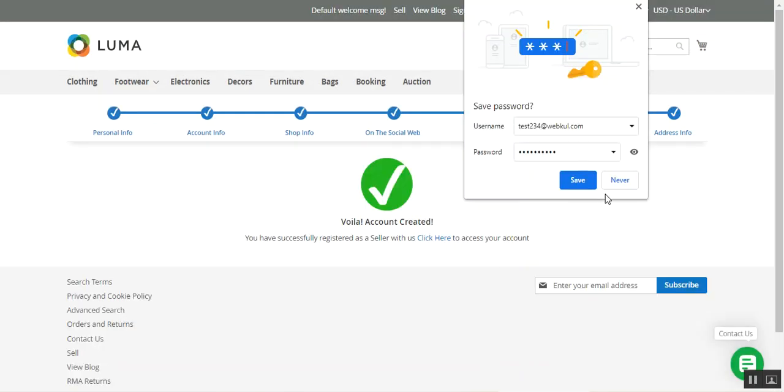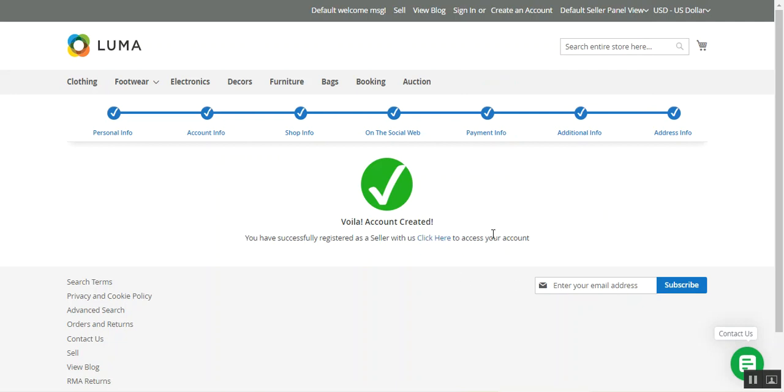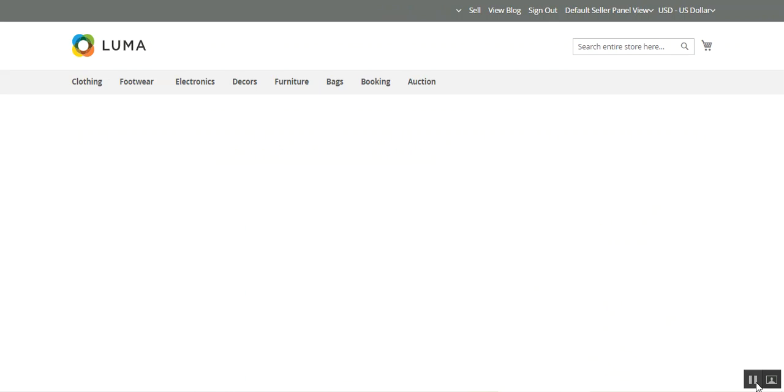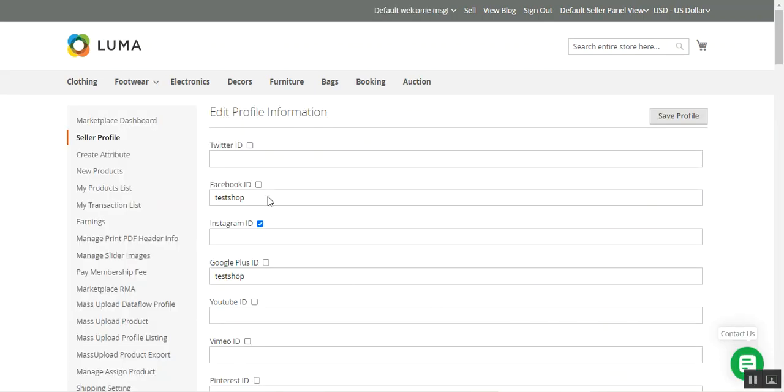So you can see that the account has been created, and to access the account we can tap here on the click here to access your account. Now if you have entered any of the custom attribute values for any step, those would be visible under your seller profile. So if I go to the seller profile page of the seller right now, here you can see the Facebook ID that I had entered, test shop,